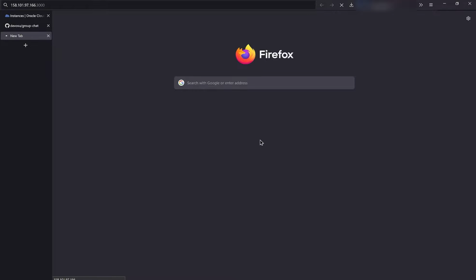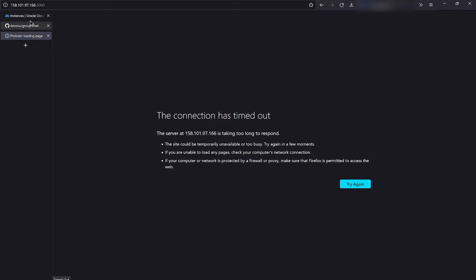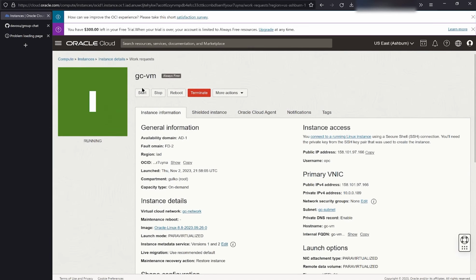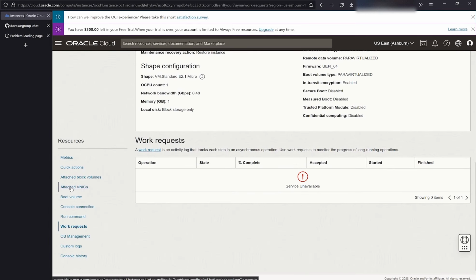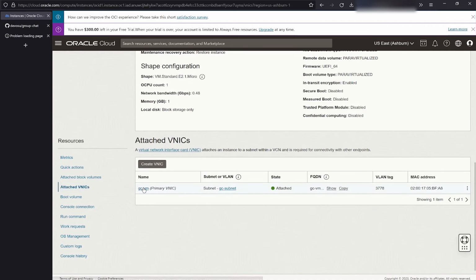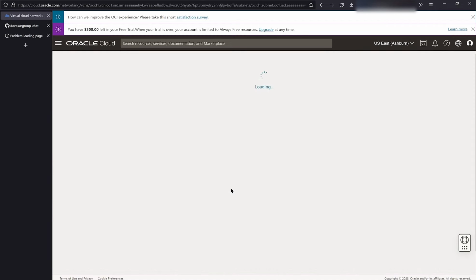This happens because the cloud structure of Oracle Cloud, and it is exactly the same with other cloud providers, has a firewall and multiple systems that are protecting our internal network. So the first thing we need to do is to enable Oracle Cloud itself to allow the TCP request on port 3000 to our virtual machine instance. To do that, we will go to the virtual machine interface in the web browser, to the attached VNICs, select the subnet we created,